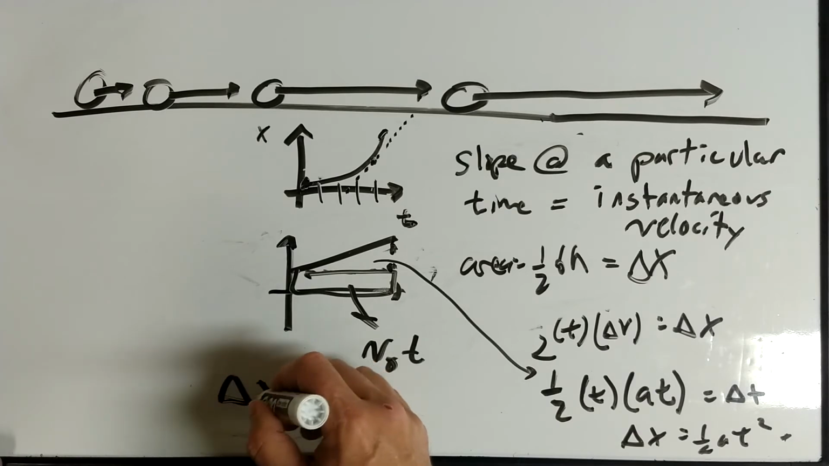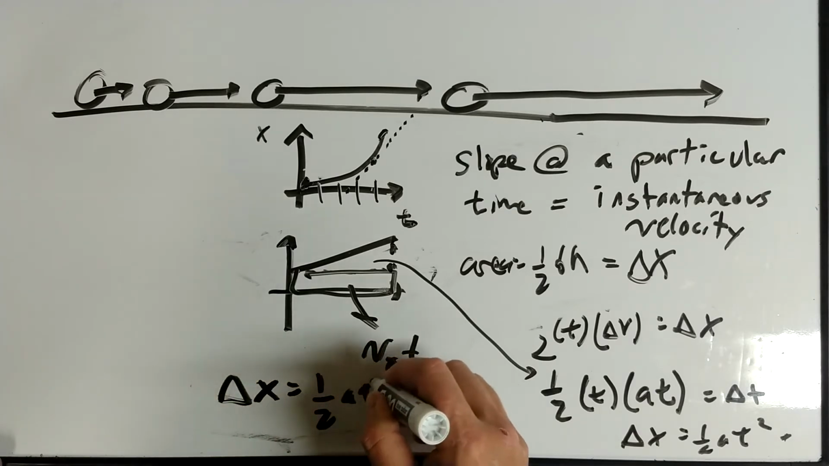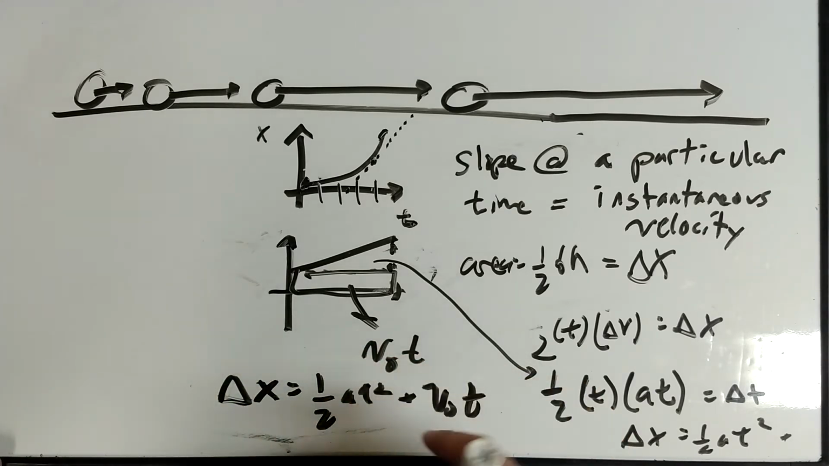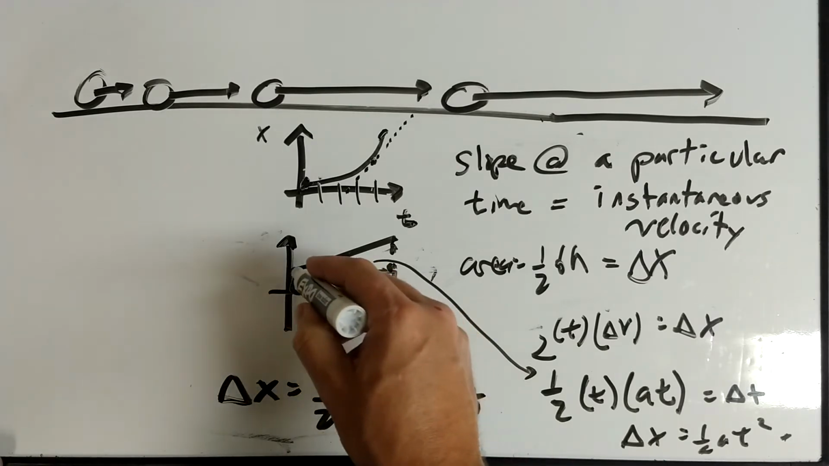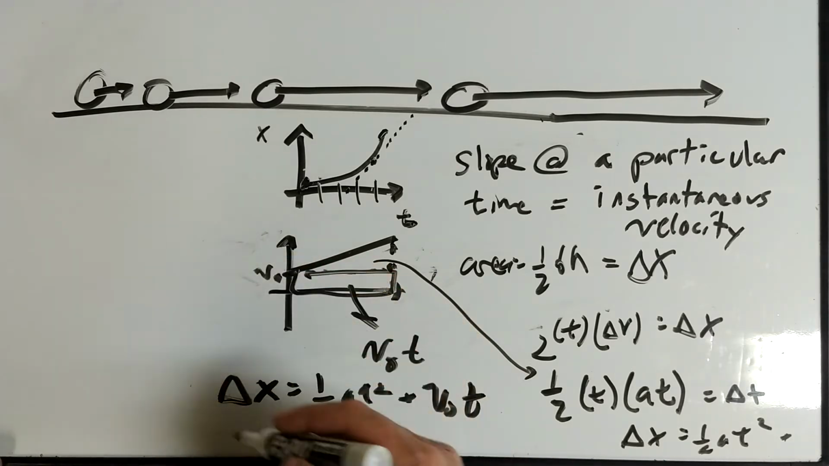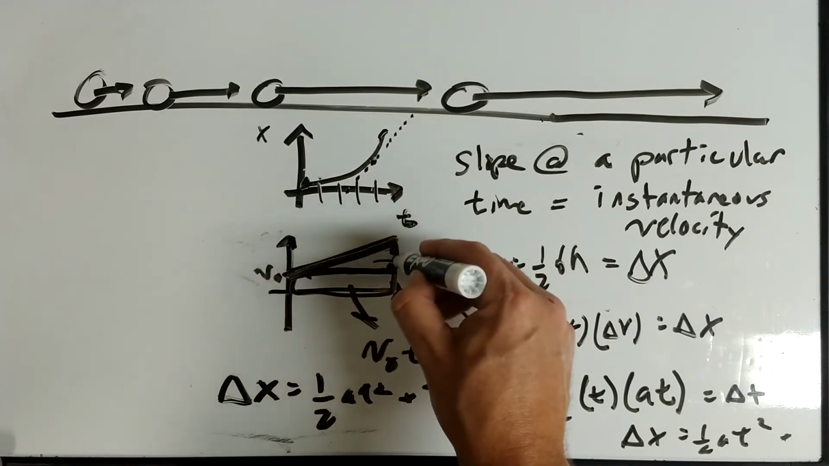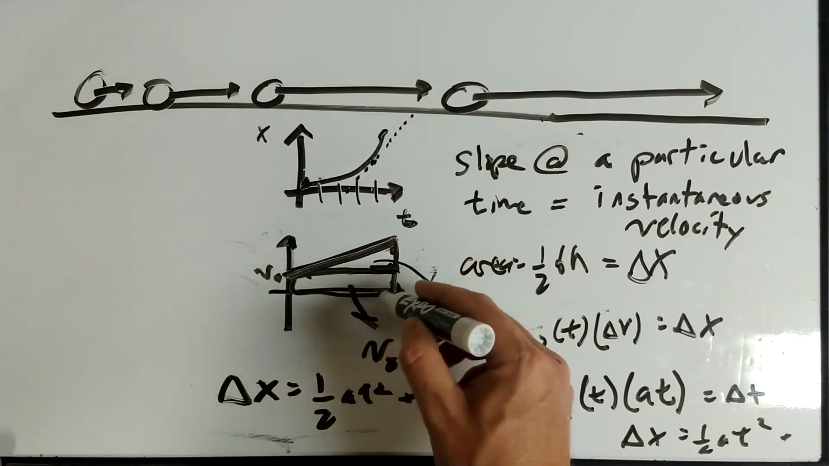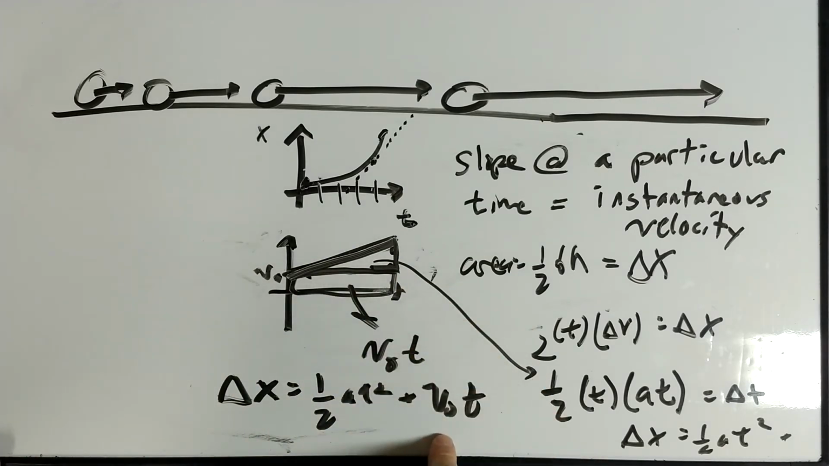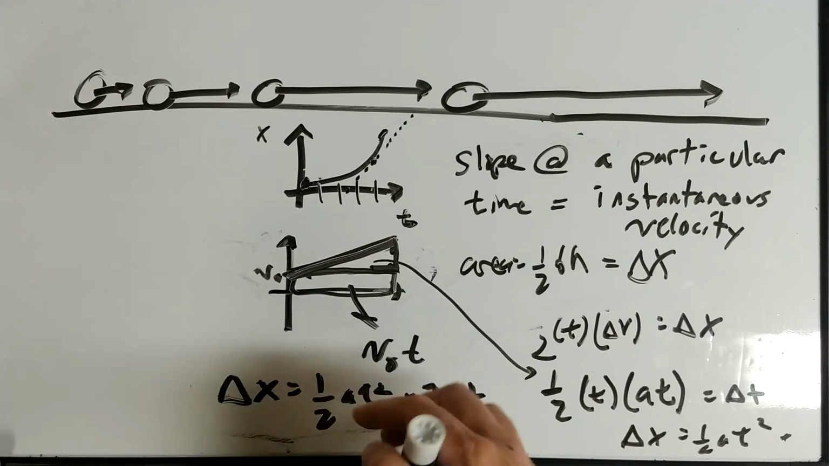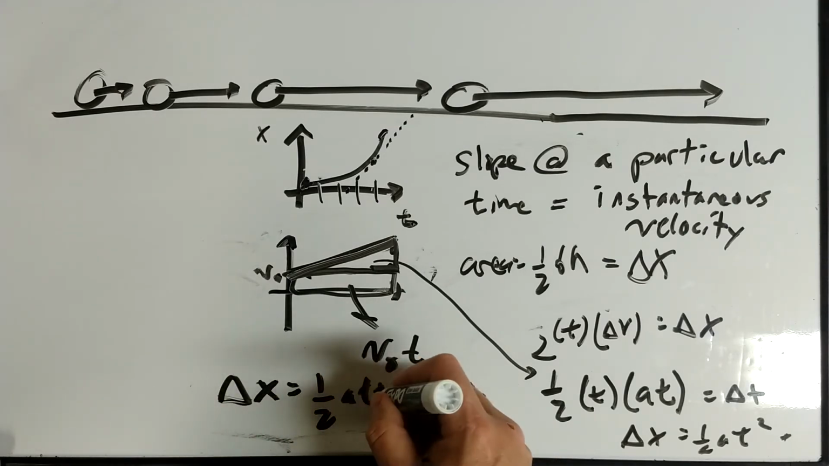Delta x equals 1/2 at squared plus v initial t can be derived by looking at a case where we do have some sort of initial velocity. And it literally is you're adding the area of the triangle onto the area of the rectangle. And that's kind of cool because this triangle, the 1/2 base times height plus base times height, this just is always kind of a neat thing to me,